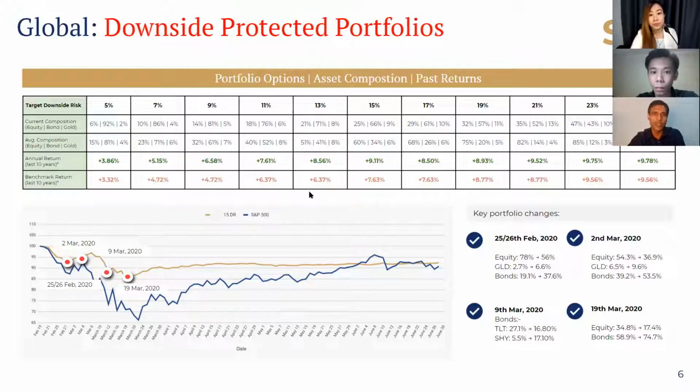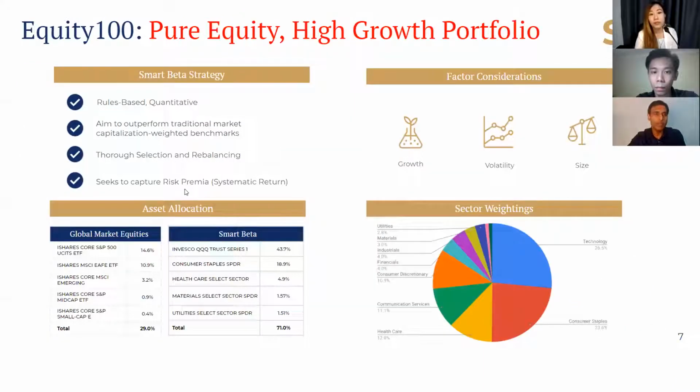This is the core portfolio. So Equity 100 is really the portfolio that you can think of when it comes to more participation on the upside. You want to really ride the wave of the stock market, and you don't mind short-term fluctuations and stuff like that. I think one key feature of our Equity 100 portfolio is traditionally, most of the indices follow a very market cap oriented allocation to the underlying stocks. And what that does is, the largest market cap stock will have the highest weightage, and the smallest market cap will have the smallest weightage.